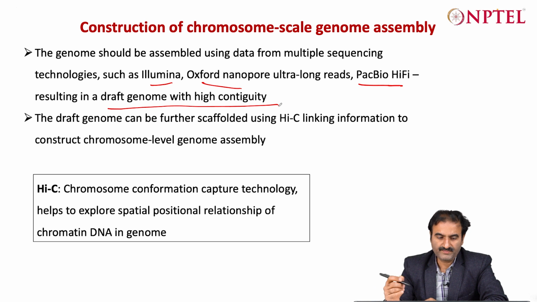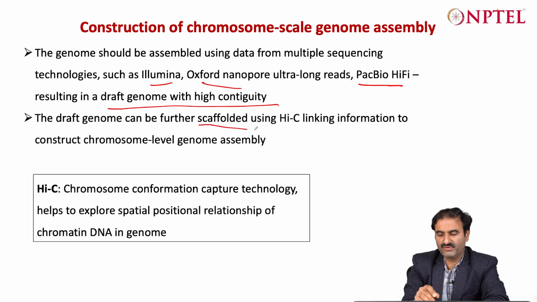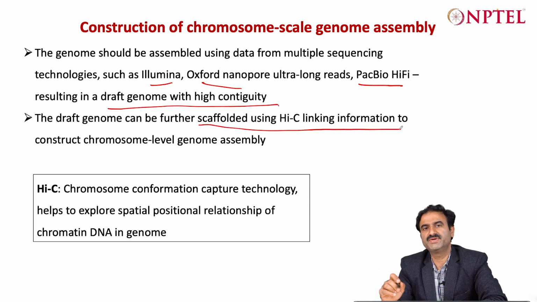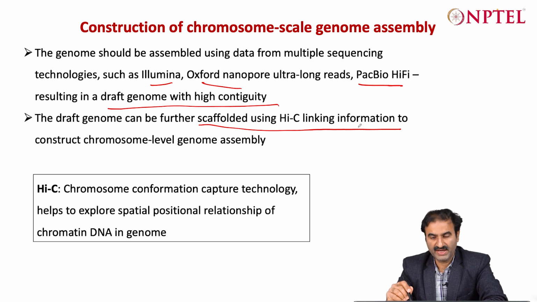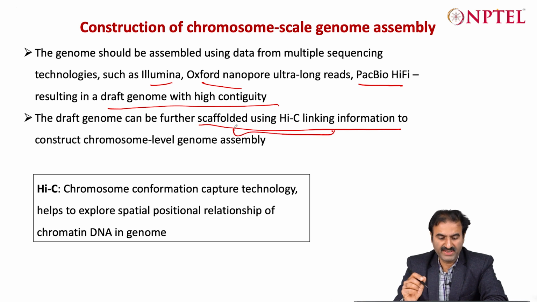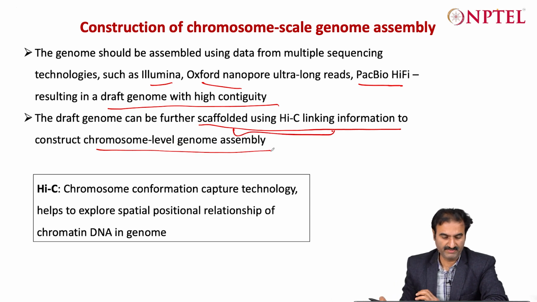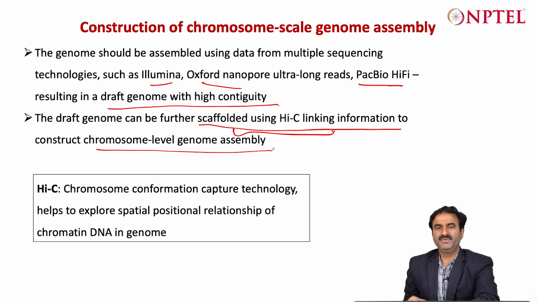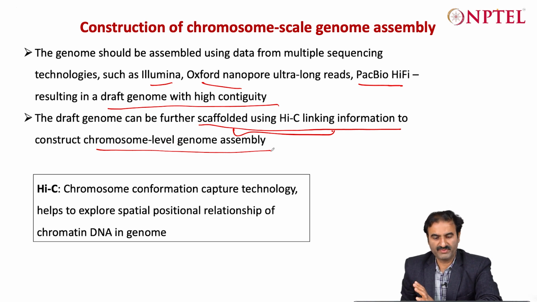And then this draft genome is further scaffolded using the Hi-C linking information that you are going to generate. That is additional sequencing that you are going to do using the Hi-C library preparation approach. You are going again for Illumina based short read, paired end sequencing, and then using that information to further do the scaffolding and construct a chromosome level genome assembly. So basically Hi-C is a chromosome conformation capture technology. So which means that